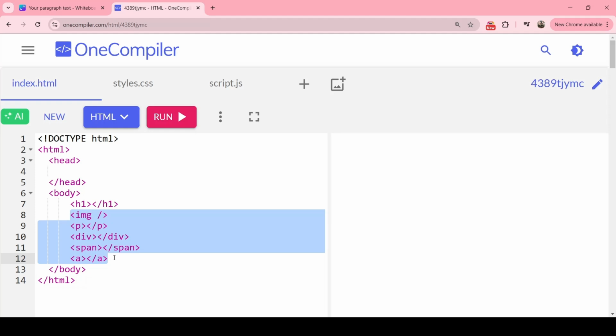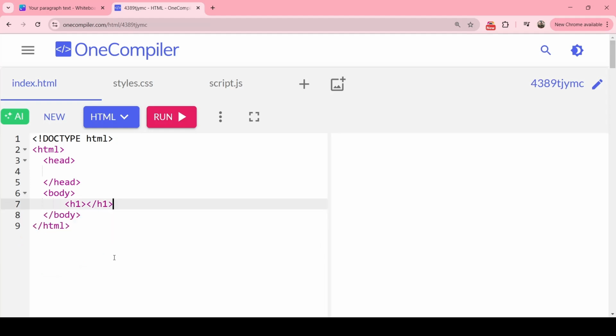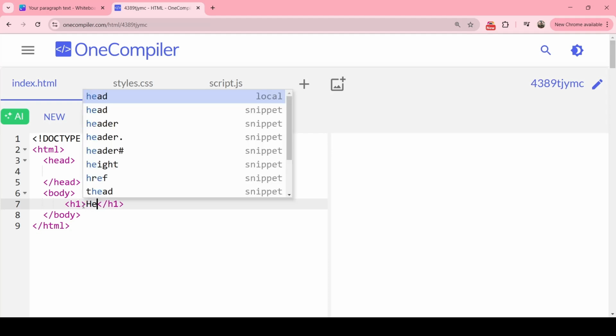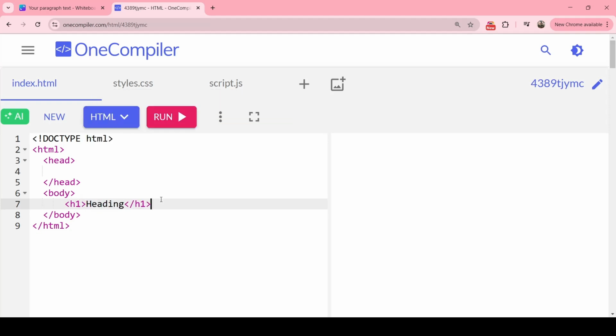And the more you do this, the more you won't even have to go to Google anymore, because you will just know them off the top of your head. So for now, it's okay if you feel like you don't know these things off the top of your head. That's fine. It is bound to happen. So anyway, with that being said, I'm going to add some text here on my heading. Now let's assume that. So if I run this,